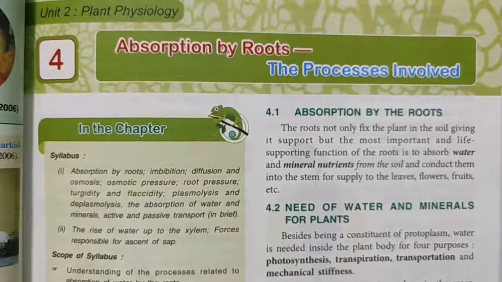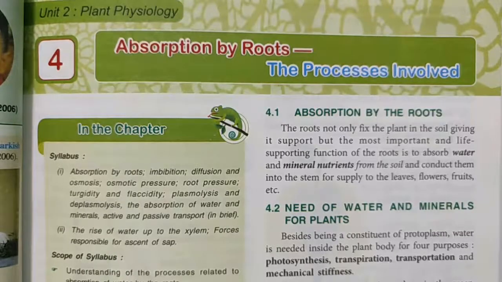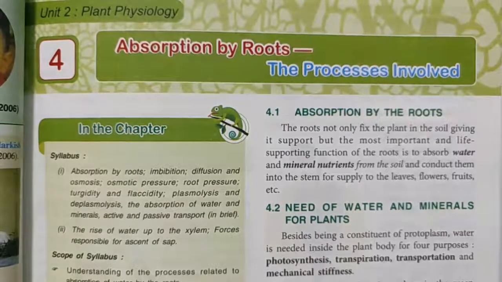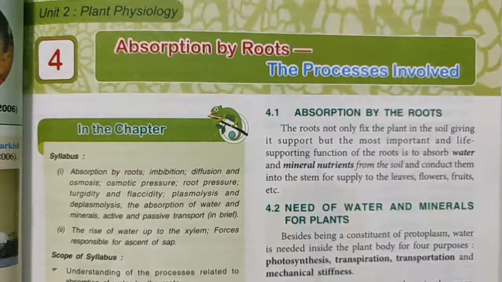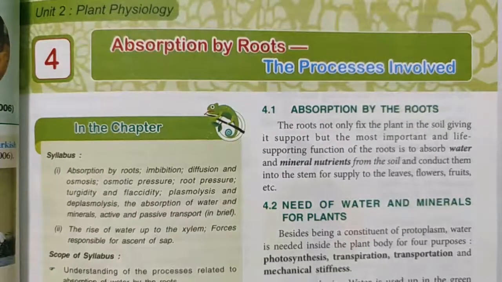After that, we have seen some basic phenomena, and these are diffusion. Then we have done osmosis, and then osmotic pressure, in which we have seen there are three types of solution, that is isotonic, hypotonic and hypertonic. And we have noticed what is going to happen whenever we place a cell in these types of conditions. Now in today's video, we are going to discuss some more phenomena which are related to the absorption of water and minerals. So let's start our topic.